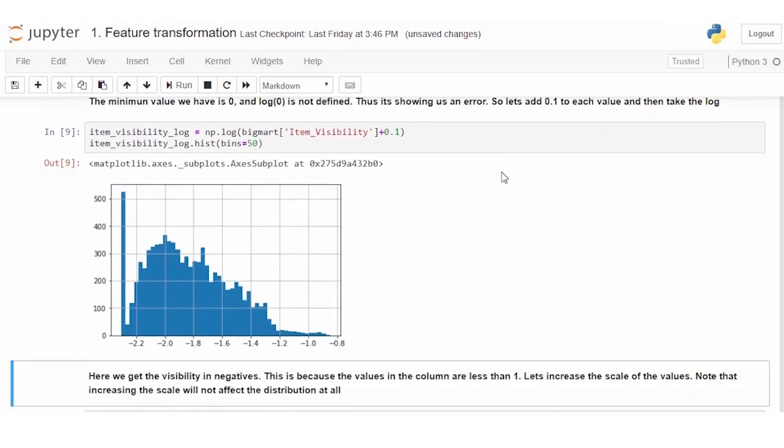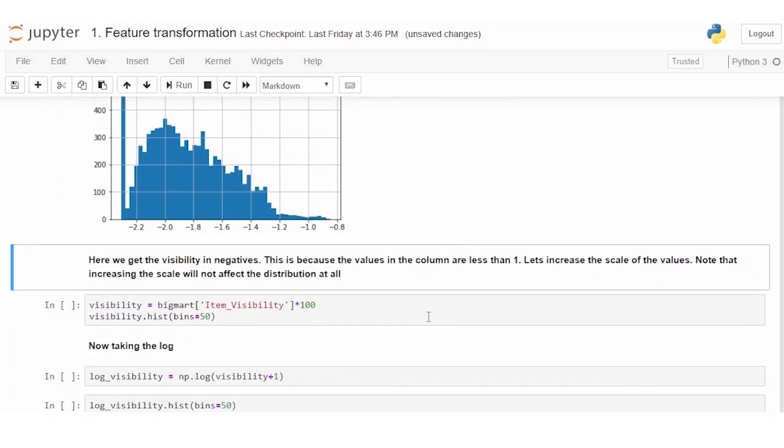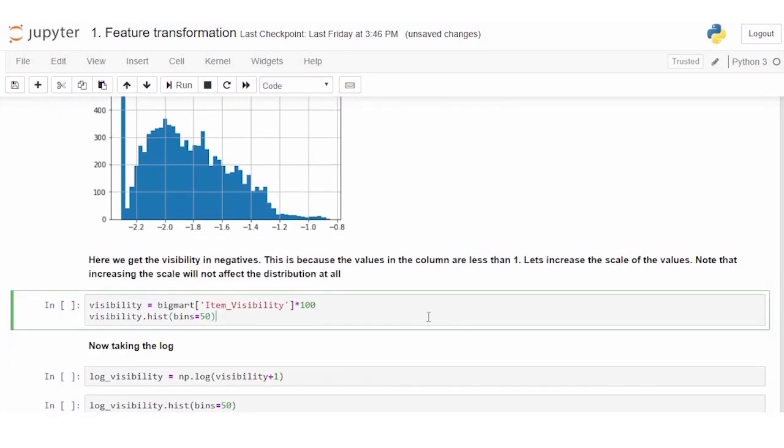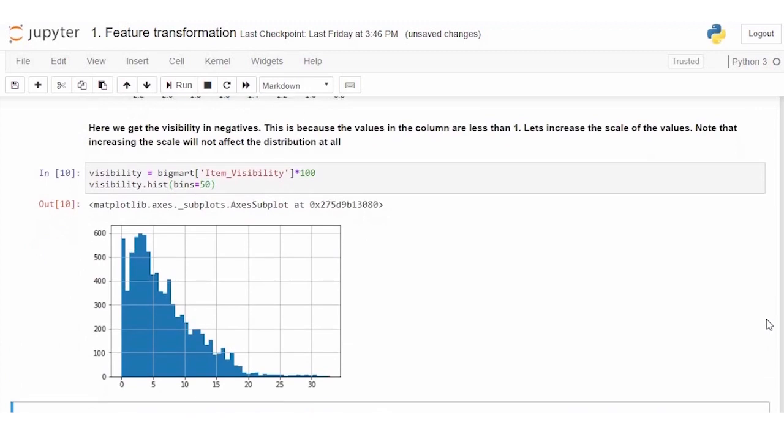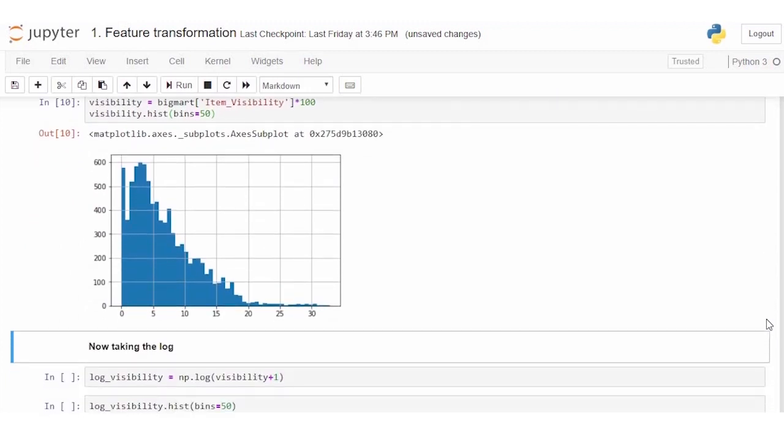Let's increase the scale of the values. And keep in mind that increasing the scale will not affect the distribution at all. Here I've multiplied all the values with 100. So let's go ahead and run this code. The new range of values has changed from 0 to 0.3 to 0 to 30.